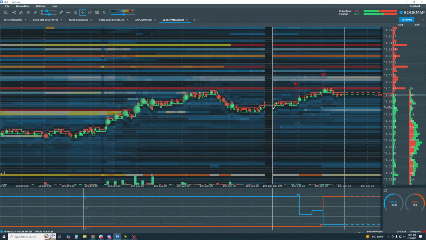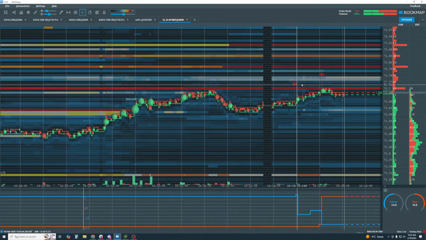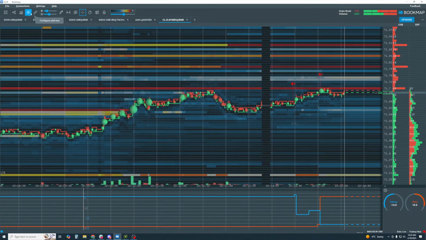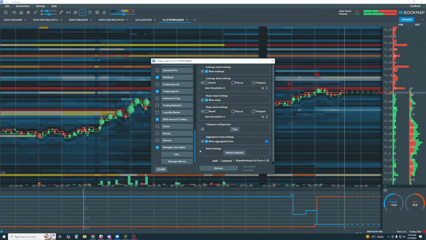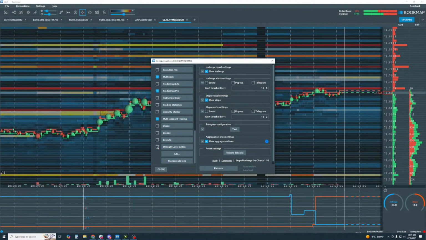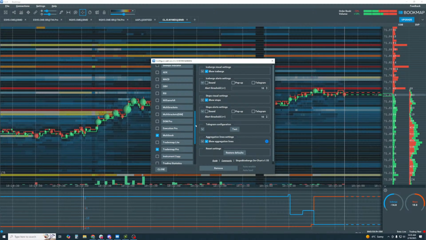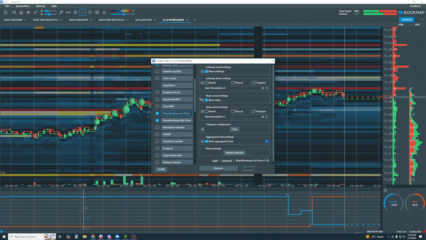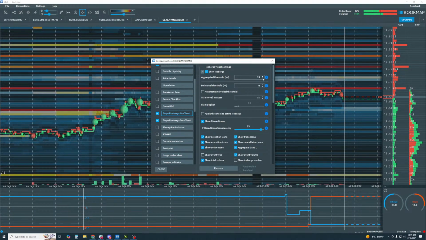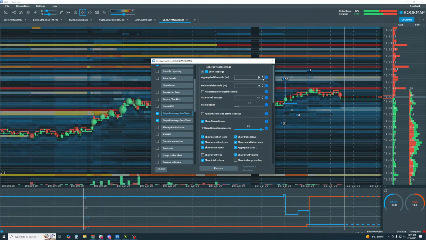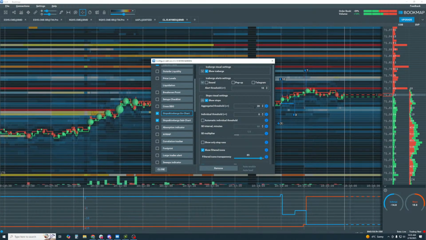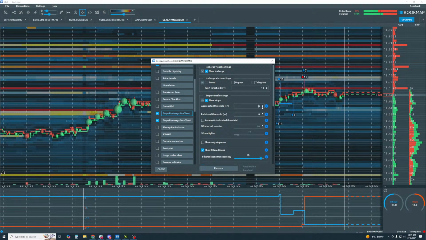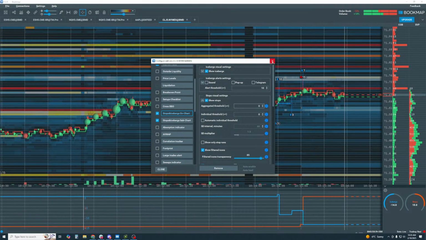This is when I started Bookmap. You can see I already have a strength indicator. I filtered them out here on the chart.